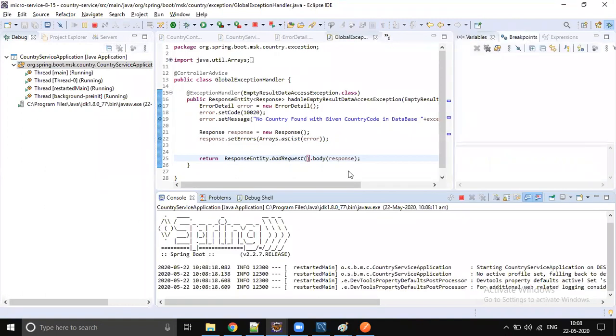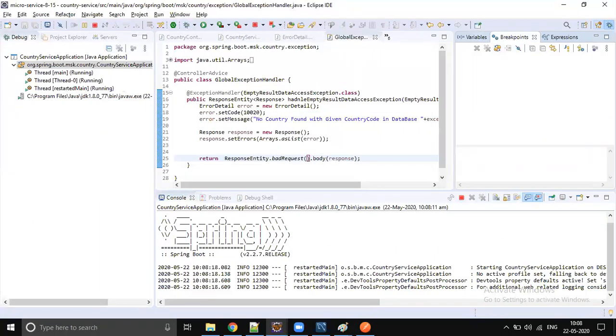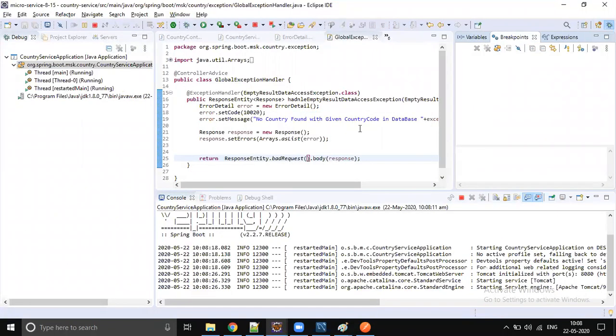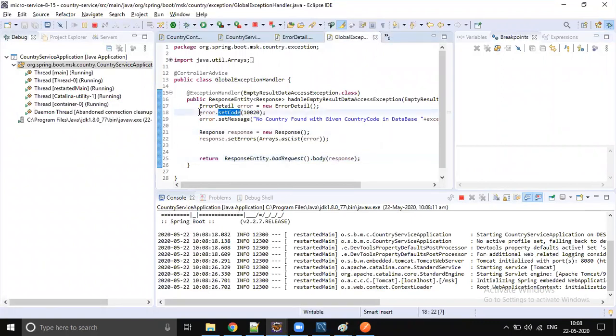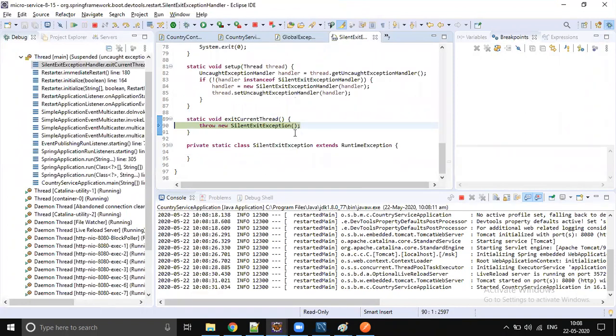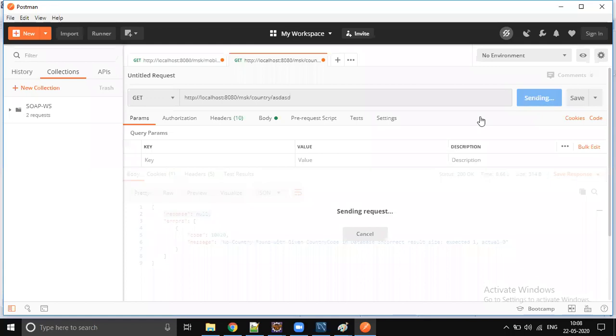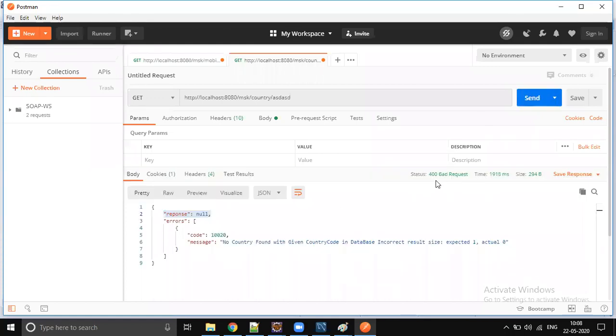Sunil, instead of this 400 bad request, if you want to send some customized code, then how do we do this in response entity? You have to set it at error level, not at response entity level. Okay, so that is the actual response status code, right? The HTTP status code. Yeah, that is what I'm saying. That you cannot change. Here you can't, but here you can. And other than 200, that guy has to look into the errors.